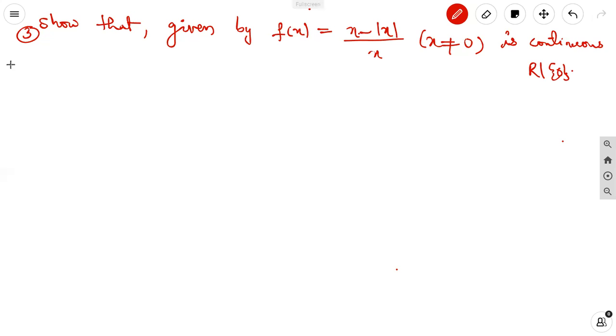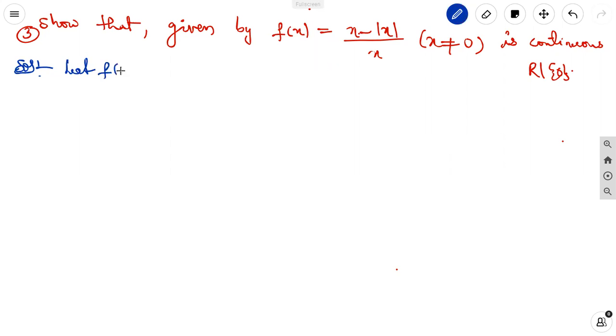First, to prove a function is continuous, we check whether the limit exists or not. That is nothing but whether the left hand limit and right hand limit are both the same or not. If both values are the same, then the limit value exists. If it exists, then that function is continuous for that limit value. First we take the function.